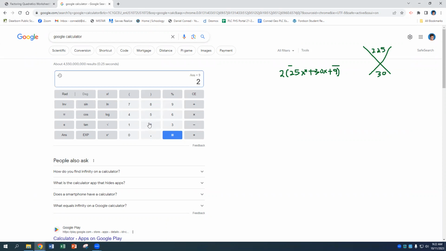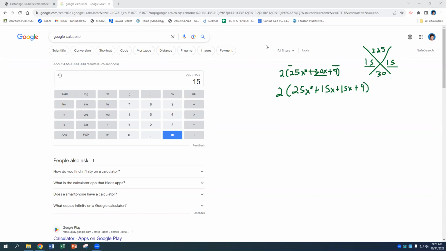Let's try 15. Should be 15 squared, right? 15 times 15. Yep. So 15 times 15 is 225. 15 plus 15 is going to be 30. So we have 15 and 15. So when we're doing this, we're going to expand out the 30x into 15x and 15x. So we have 25x squared plus 15x plus 15x plus 9,